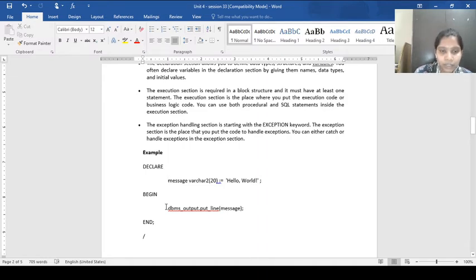So in the given program, it has to display the value which is present in the message variable. In the given example, there is no exception section because I already mentioned the exception section is the optional section. We can include it only when we are getting runtime errors.